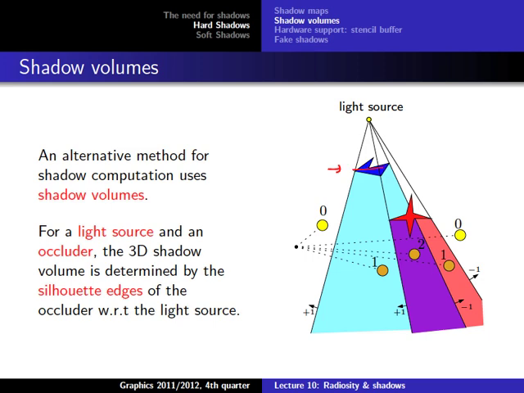So we have this area here that is considered a shadow volume, an object that is created by the shadow, and then we use that area to check if an object is inside of that volume or not. If it is inside, we know that we have to draw it in a shadow, and if it is outside, we know that we don't have to draw it in a shadow. And the difficult thing is, of course, that we can also have overlapping